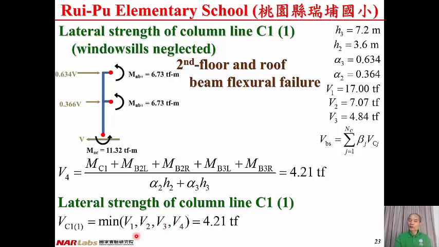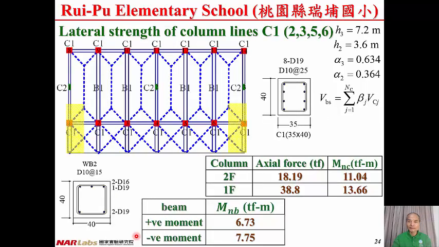The failure mode with the least lateral strength is the control failure mode. That's the failure mode to be realized. Then we move to column line C1 for number 2, 3, 5, 6. Then we have from the material strength and the reinforcement